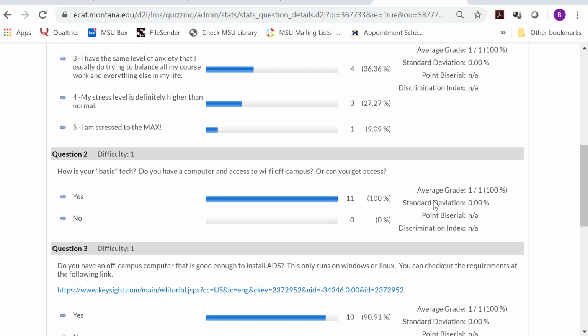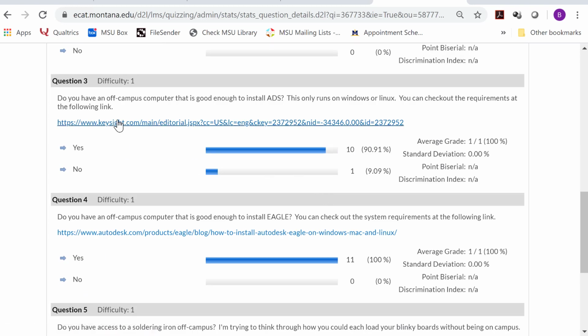Anyway, all right, so here's the thing. Do you have a computer? Yes, everybody has a computer. Great. How can you do ADS? No. So crap, there's one person out there. Now check this out. You might say, well, I can't install ADS. How am I going to survive? I had